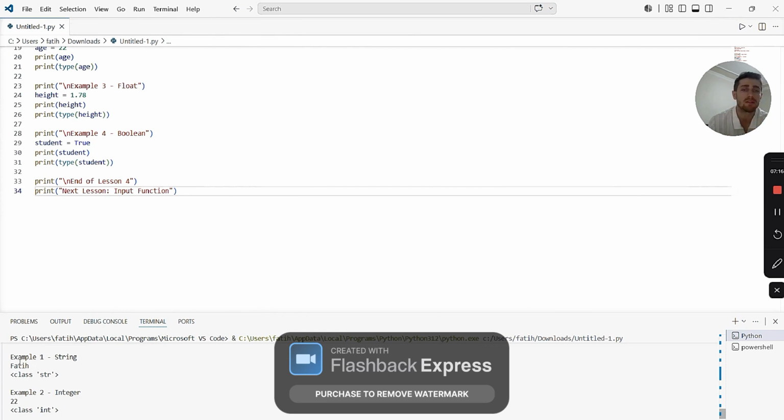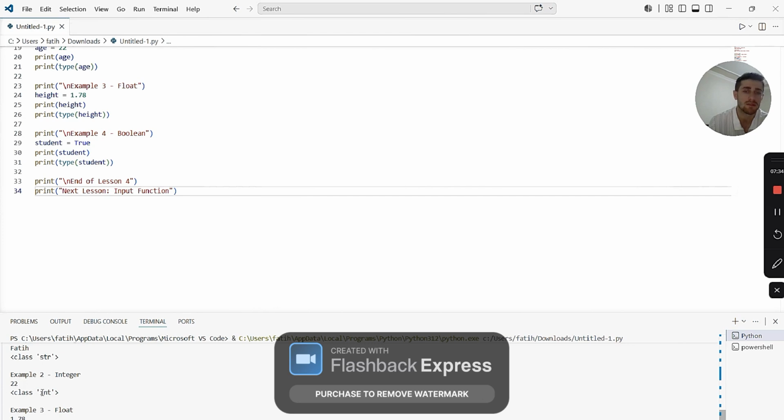This shows the value of the string variable. Class str. Python says this is a string. 22 is the integer value, class int.